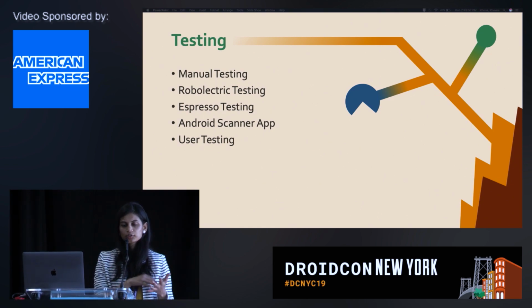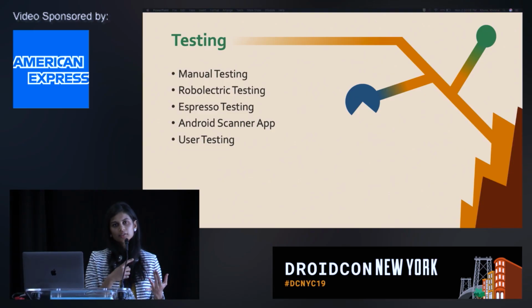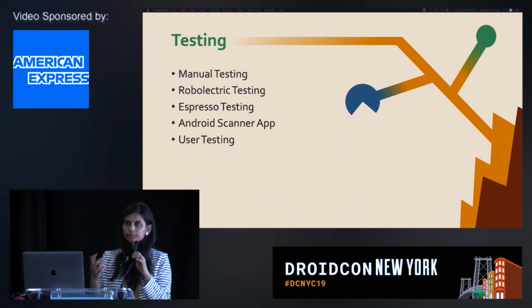You could enable it inside of your settings section, and it would scan your app and tell you if something didn't look right, like the contrast ratio, the text size, or if something was too small for the users to use, etc. So it's a good quick sanity testing sort of thing.